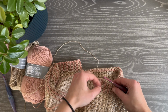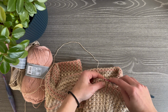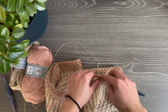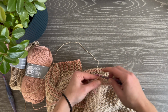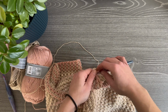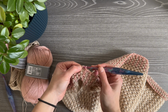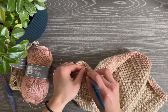And now we will need to work the next round, but I will work with you for the next couple of rounds because I want to show you how to work the armpit stitches. So now we will continue to work up to the armpit stitches in the established pattern. When we get to the armpit stitches, I will work the last stitch of the back panel here, and then into the armpit stitches